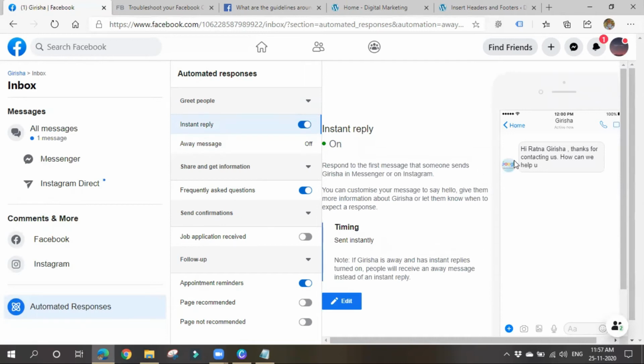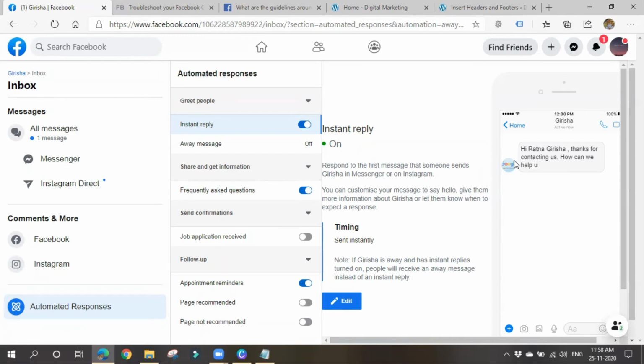Okay, to the customers. Like this, you can set up auto responses, and also you can set up an away message when you are away. So stay responsive when you don't have access to your phone or computer. So whenever anyone messages you from your website or somewhere else, when you are away from your phone or computer, you can schedule the time of the message, or you can set up an away message or instant reply message also, so that you can contact them as soon as possible.